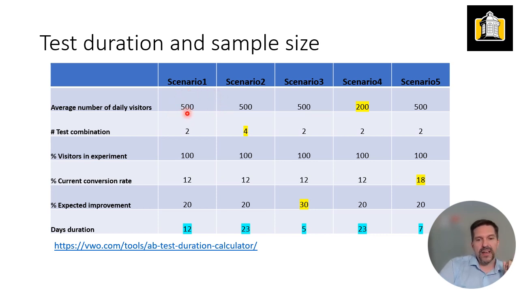So let's pick an example, right? I'm going to start with scenario 1. This is going to be kind of like my benchmark. And then based on this, I'm going to vary some of these factors and see how they impact how long it takes you to have sufficient evidence to decide that one thing is better than another. Whatever that thing is, the title, the platform, whatever you're varying or changing, right? Or trying to